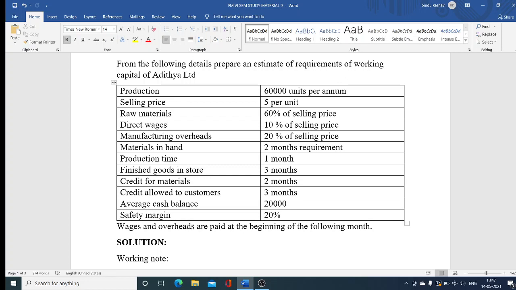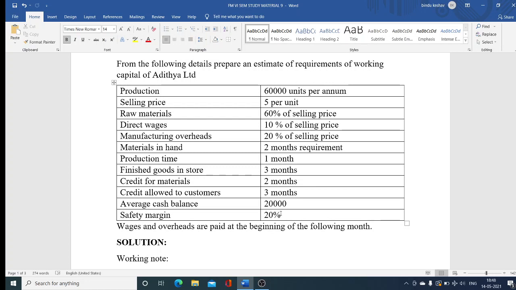So we have the raw materials, work in progress, finished goods, as well as debtors and cash balance as current assets. We have creditors, outstanding wages and outstanding overheads as current liabilities. So what we will have to do is estimate the value of these items. Then we have to find out the gross working capital, which is the total of the current assets. Then from the total of the current assets, we have to deduct the total of the current liabilities. Then we get the net working capital. And to the net working capital, we have to consider the safety margin of 20%. So whatever value we get, we will have to add 20% to that